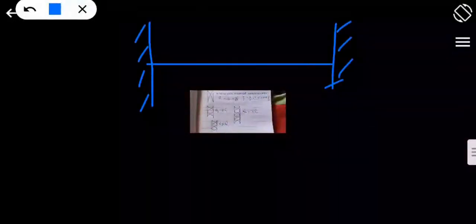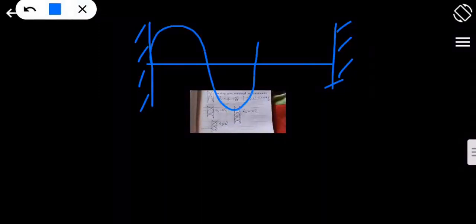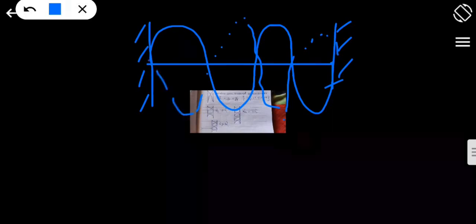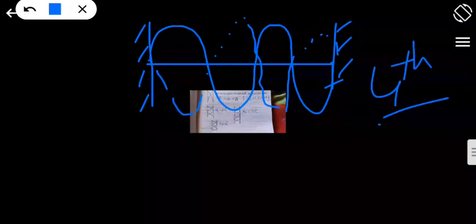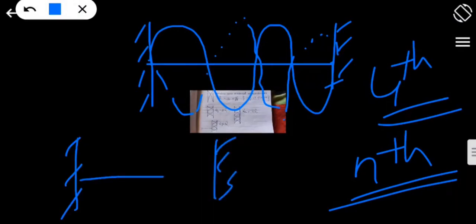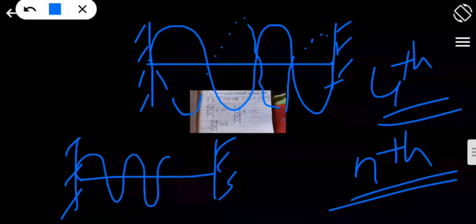Similarly, the fourth harmonic, this is nothing but the stages. The fourth harmonic is something like this, and there will be a return. So this is known as the fourth harmonic. Up to the nth harmonic are going to be produced in a string, and at last you can observe that this will be vibrating fully. According to the time, the vibration will increase.